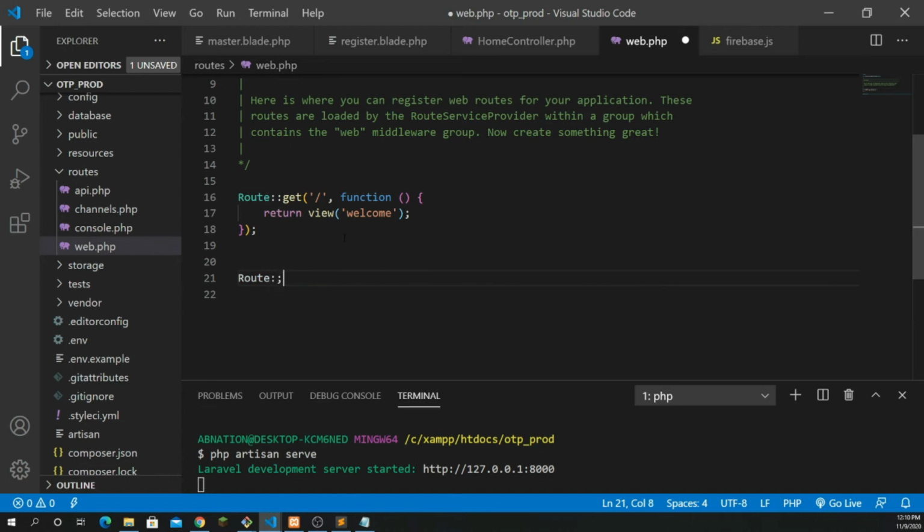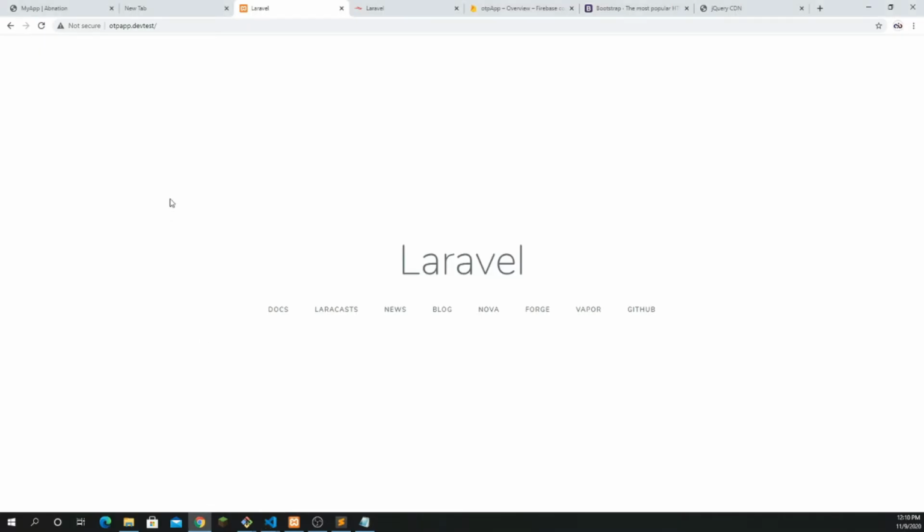So route get, which is a get request, because we need to load the view. So get request, and let's create a route for it, which is register. Do the same thing, just like the demo. The controller, which is home controller, and the method name, which is index. Right, I created that. Save it and go to your